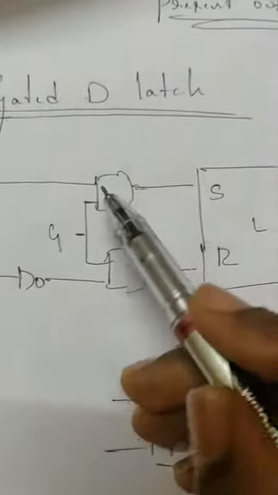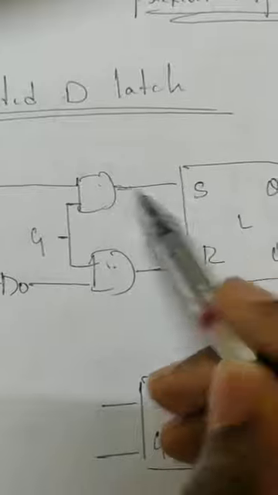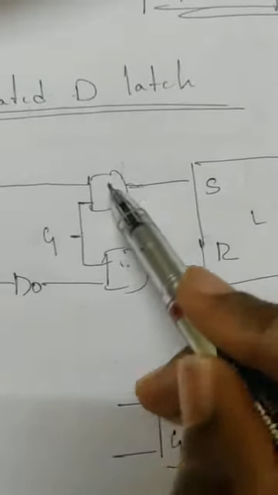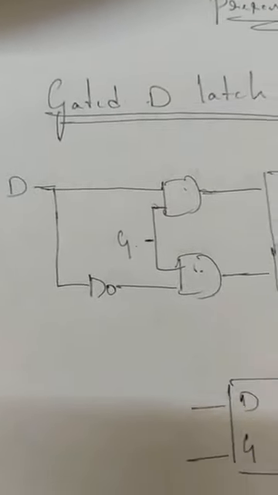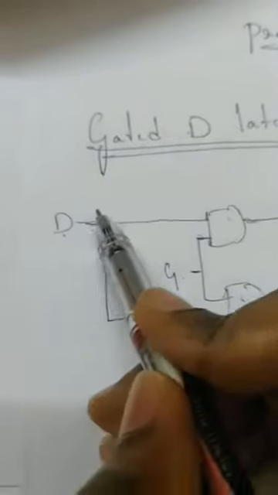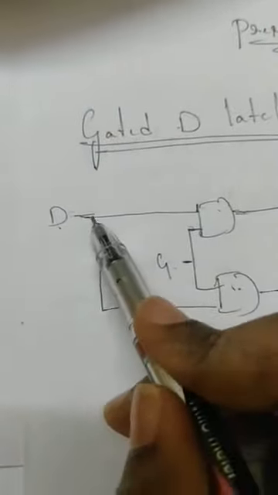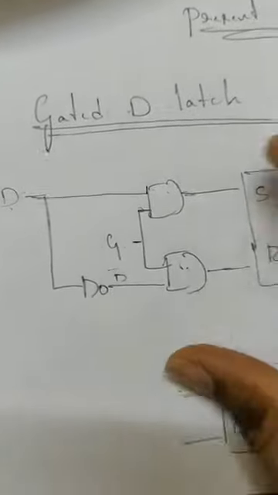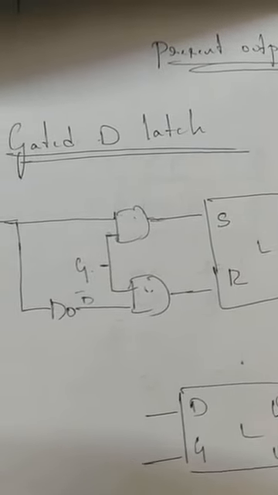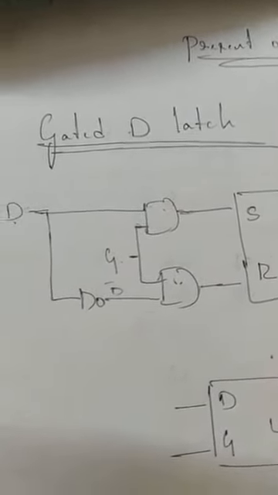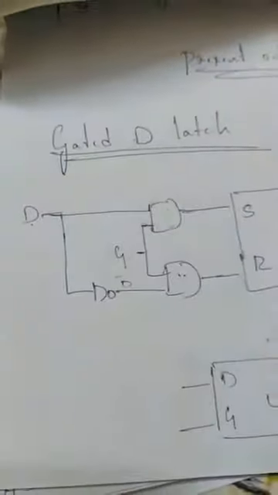So this circuit diagram is extended backward like this by adding 2 AND gates. These 2 AND gates are connected by a G. G refers to obviously the gate. And we have one input D. The normal input is connected to this and D bar is connected to the downward AND gate. The SR latch has 2 inputs, one is S, another one is R. But D latch is having only a single input.